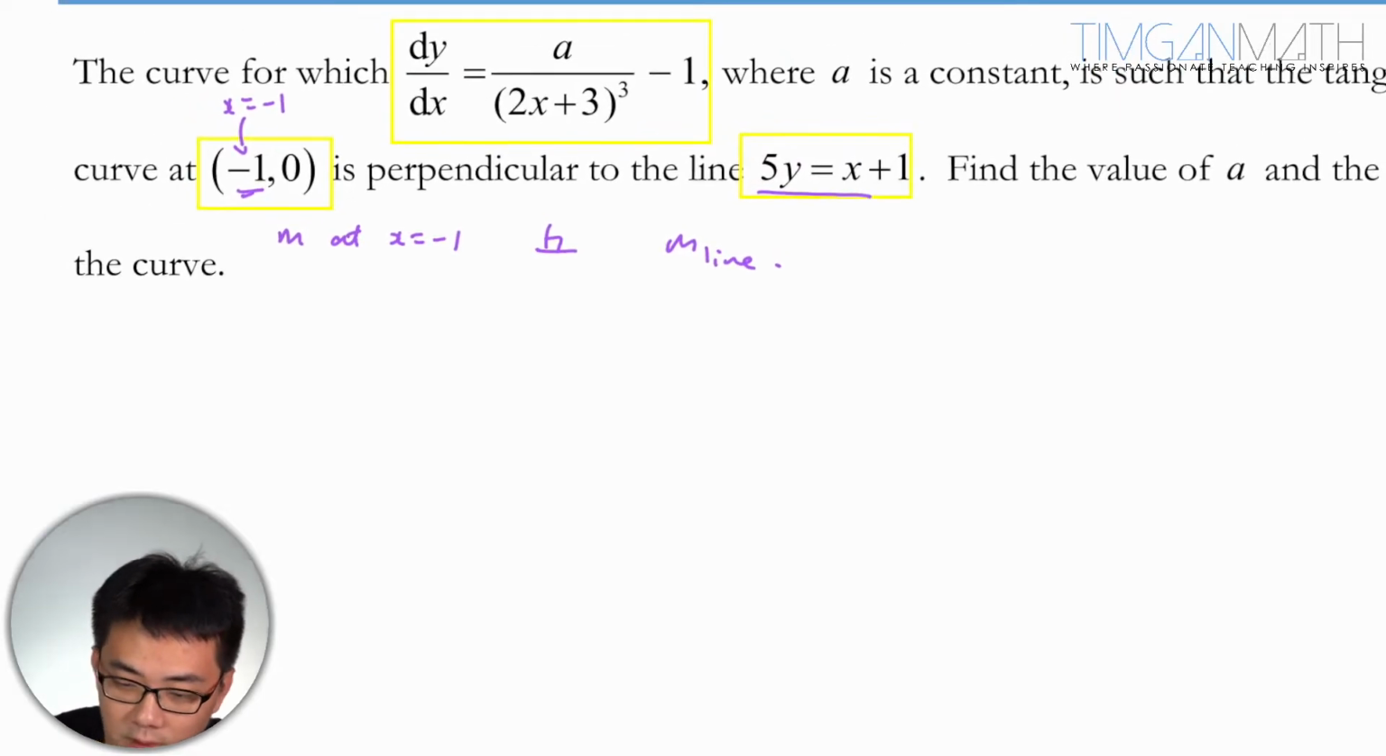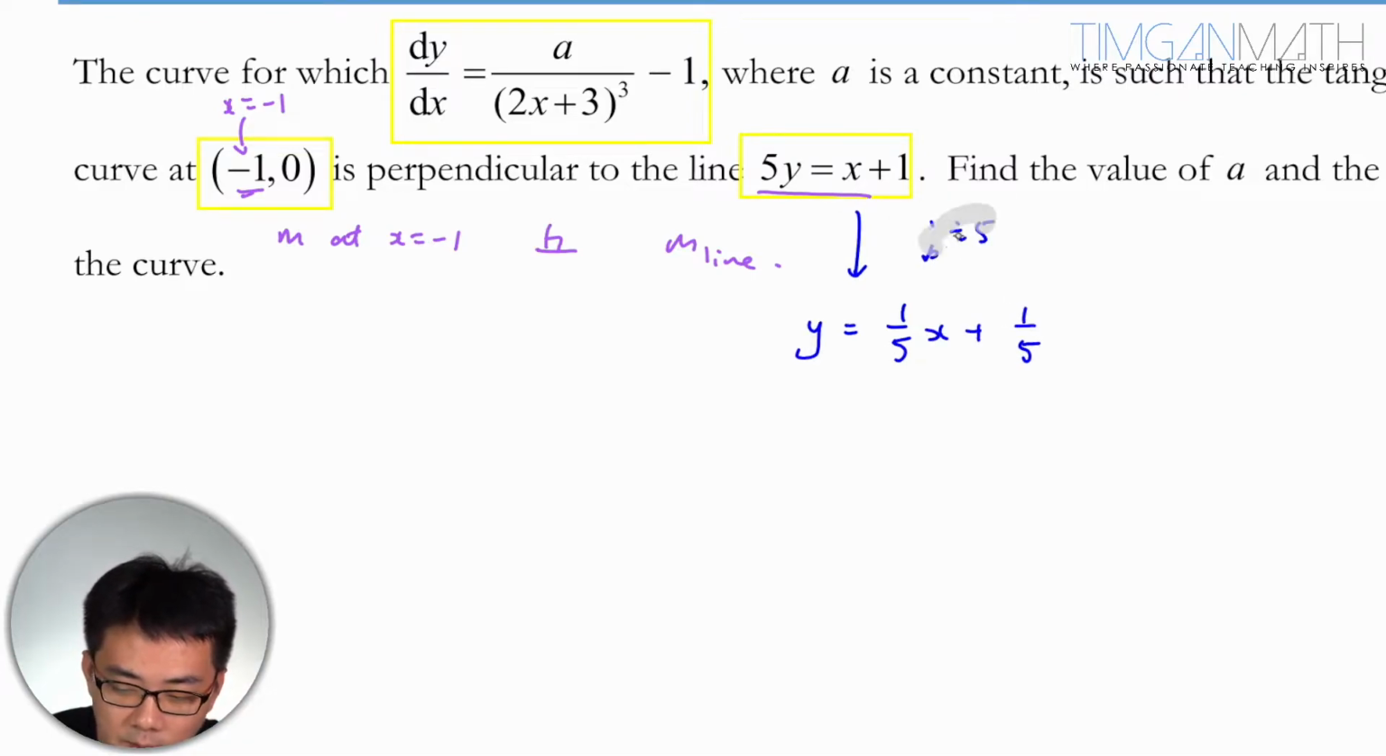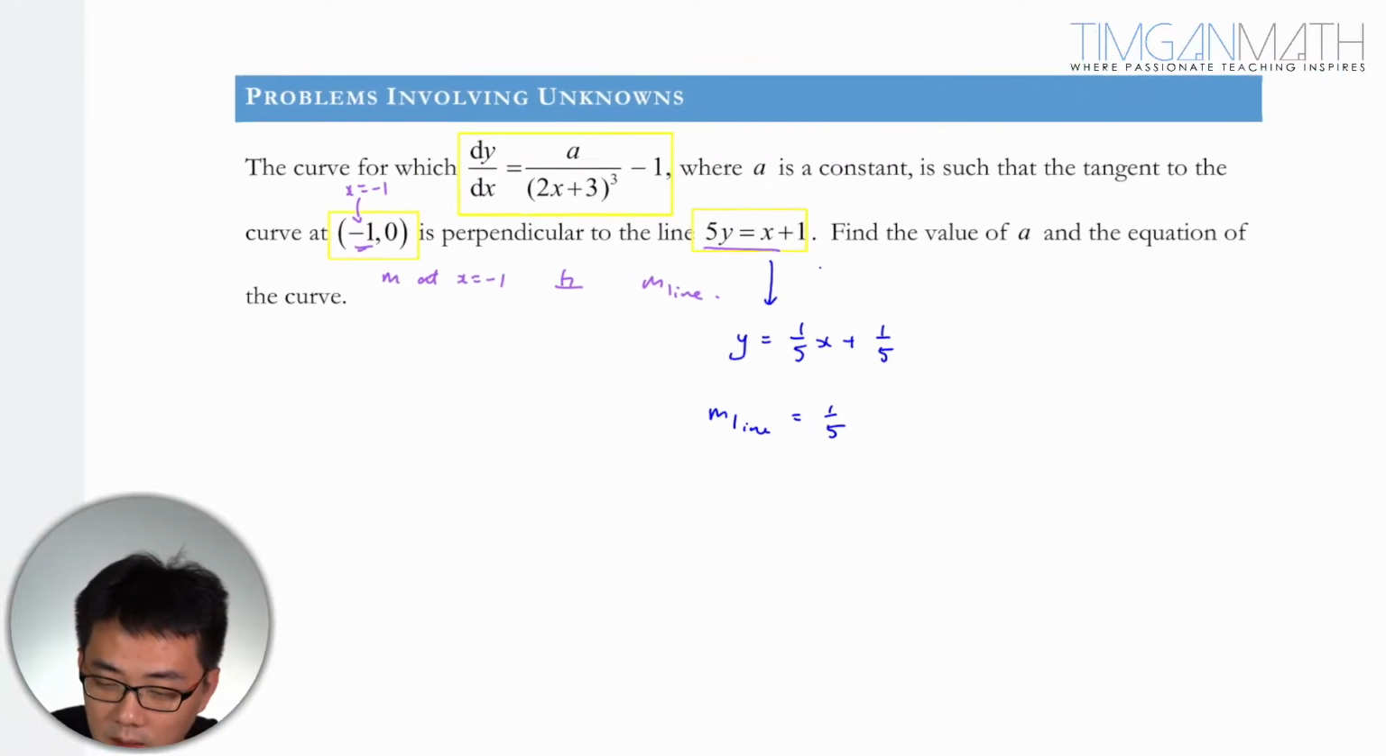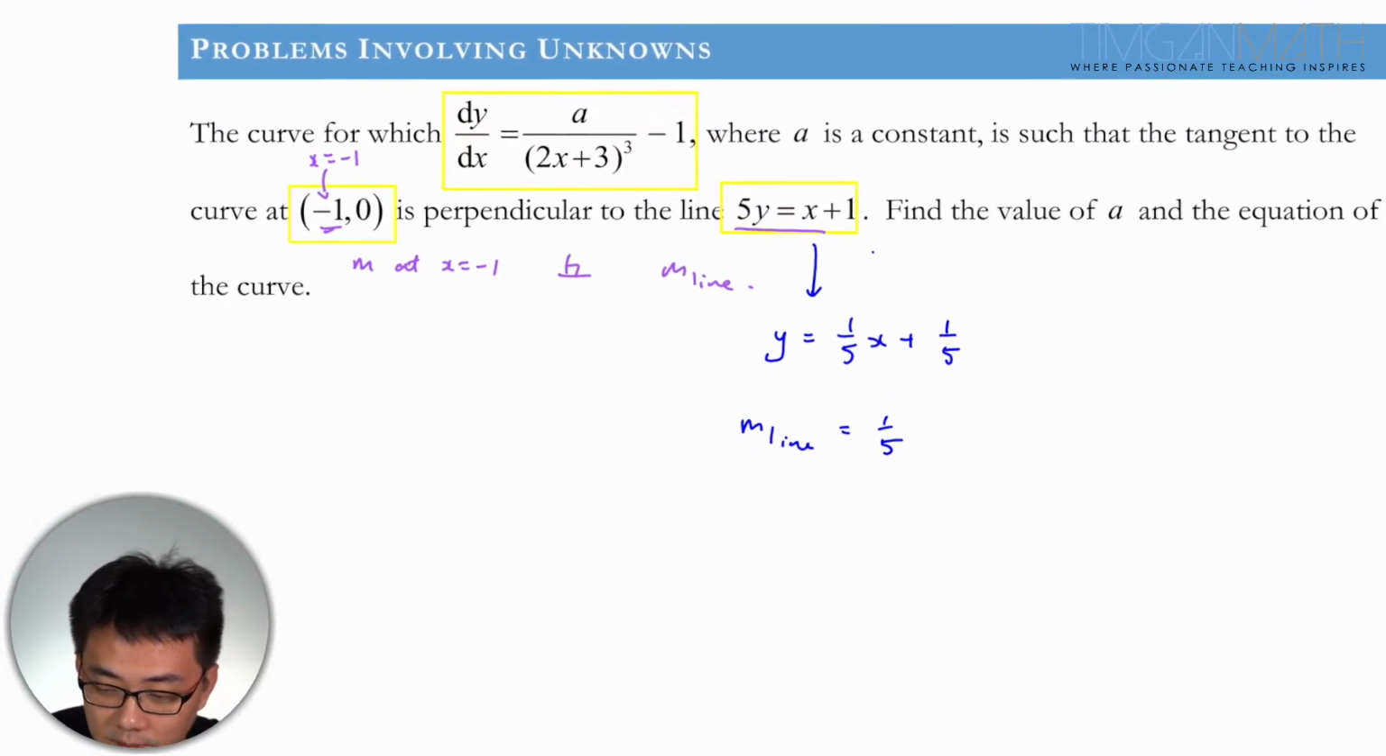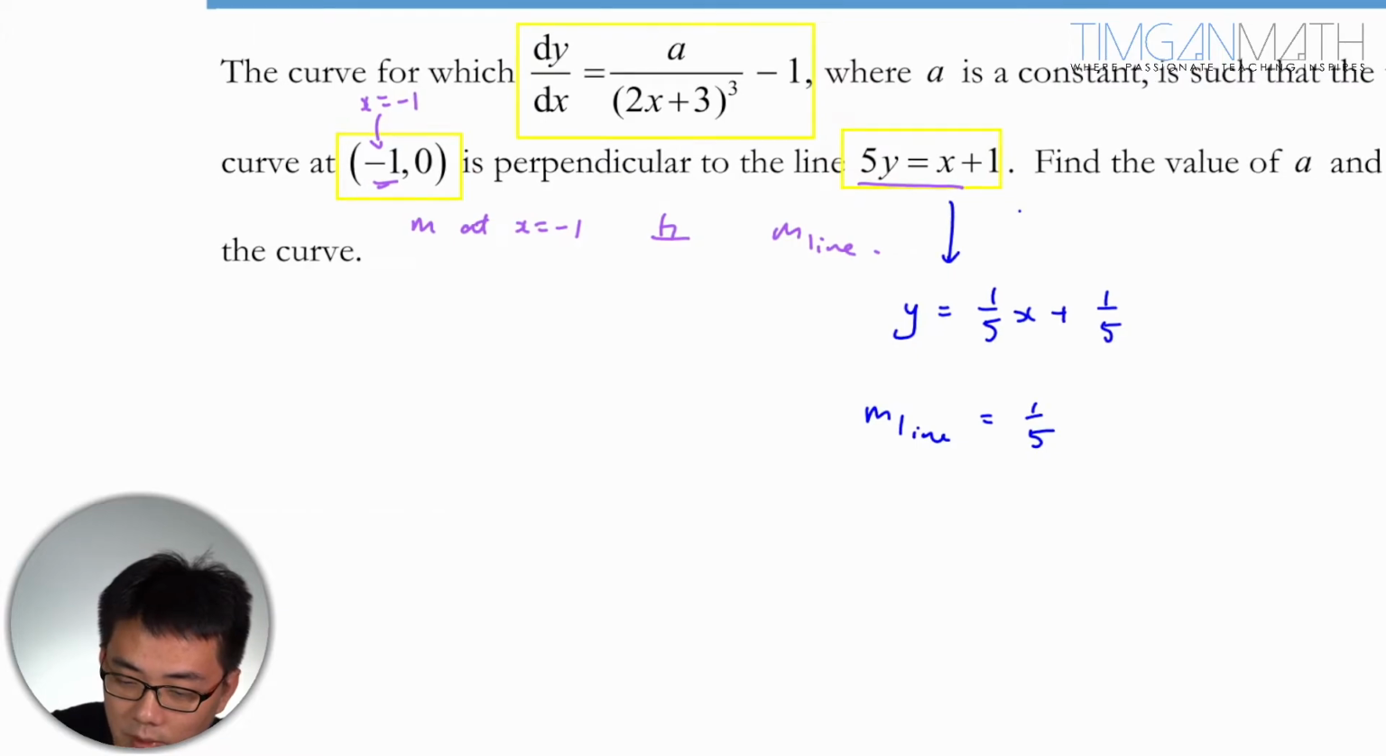So anyway, we're going to find the gradient of the line here. Making y the subject, it will be y equals 1 over 5 x plus 1 over 5, dividing by 5 on both sides, right? So the gradient of the line is actually 1/5. And since they are perpendicular to each other, we are going to write down m tangent,